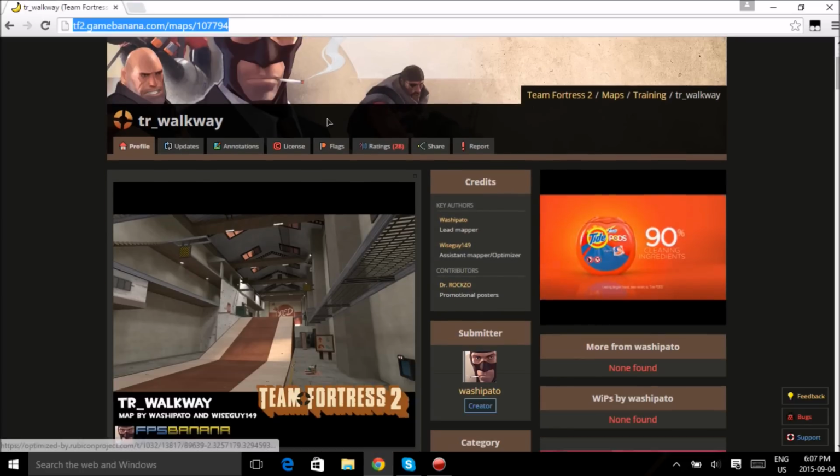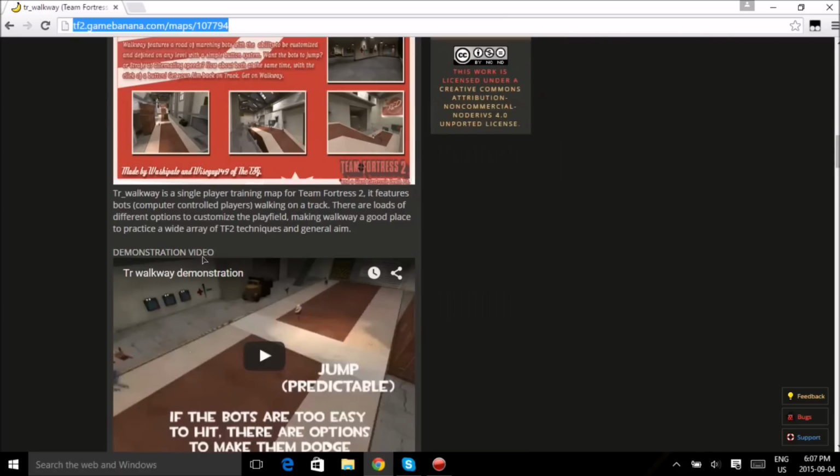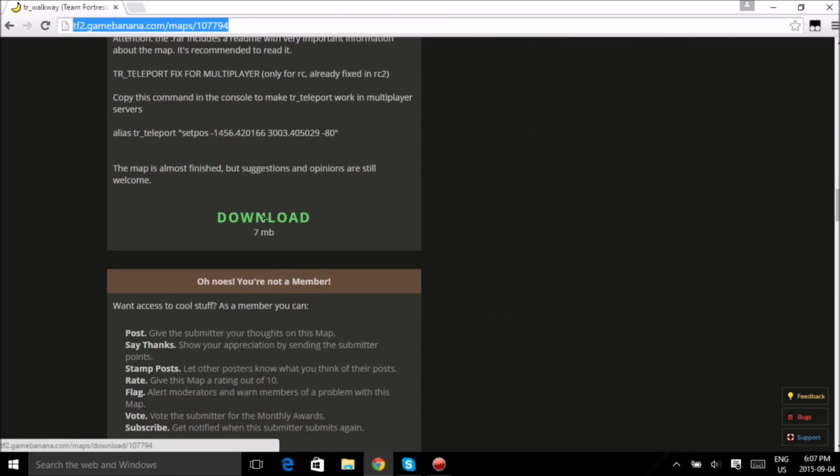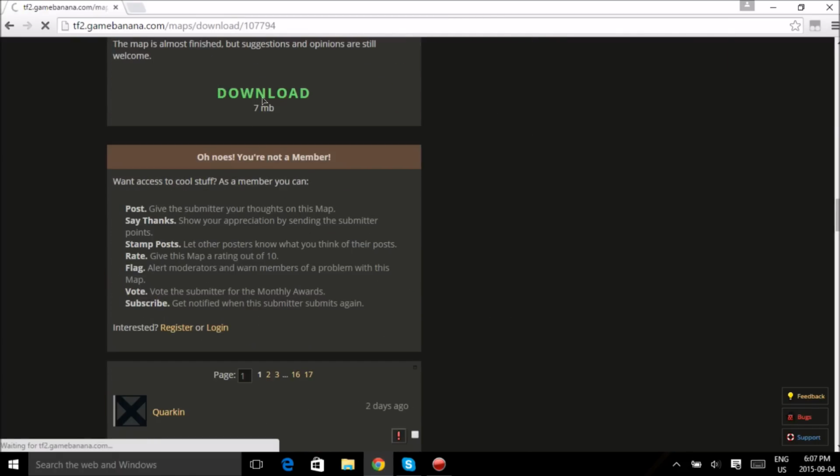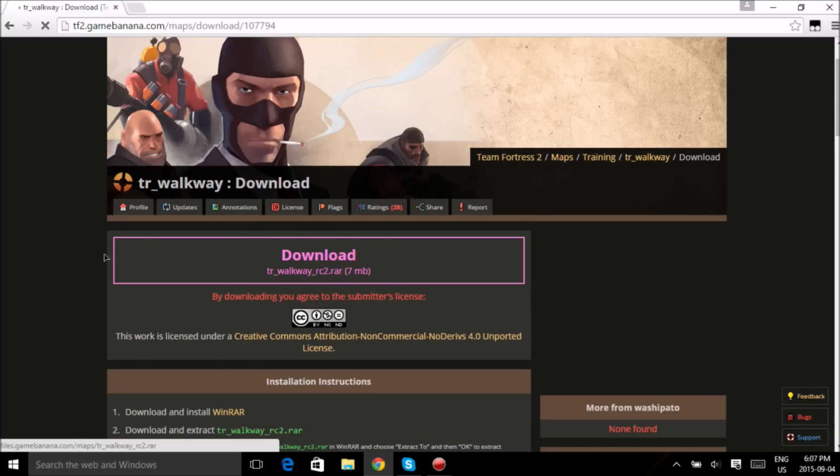To begin, we're going to scroll down the page a little bit and hit this green download button. You'll find it just a bit at the bottom of the first box. Now hit the download button. Just wait for the page to load. Now you'll see a little boxed link here. It'll say download